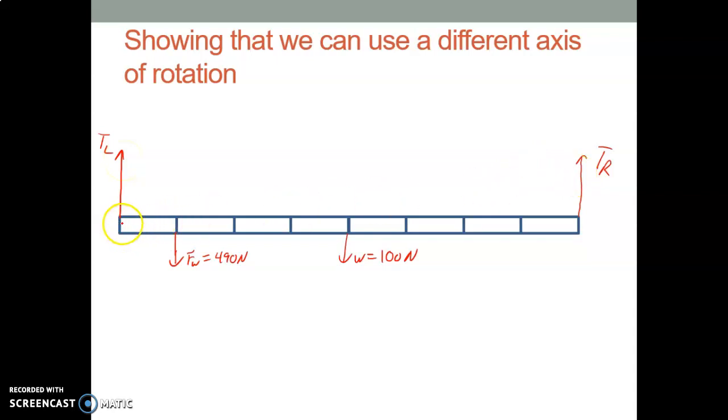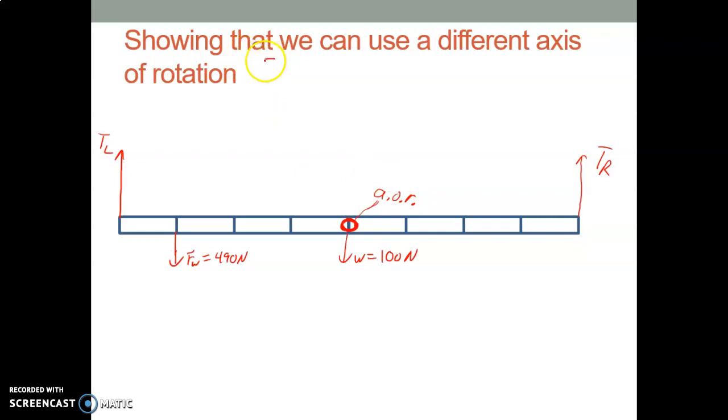In the first solution, we used the left end of the beam as the axis of rotation. In the second solution, we used the right end of the beam as the axis of rotation. It turns out that we can use anywhere we want as the axis of rotation. Right here, or here, right there, anywhere. In this solution, I'm going to pick right here in the center of the beam as my axis of rotation. If you don't believe me that you can pick anywhere along here, go ahead and try it. After you've seen this video, you should be able to try anywhere along here that you want to be your